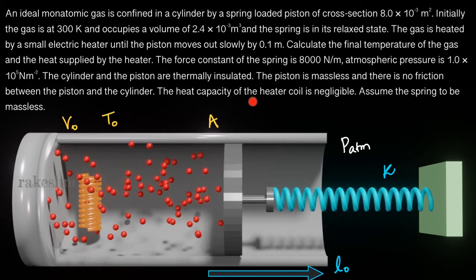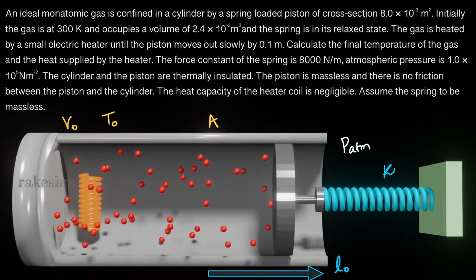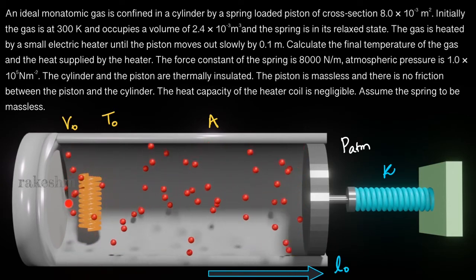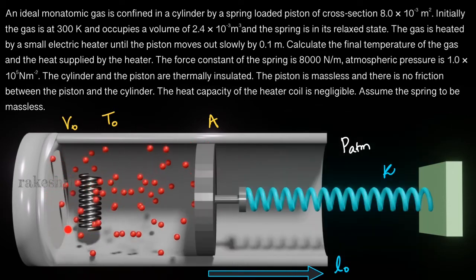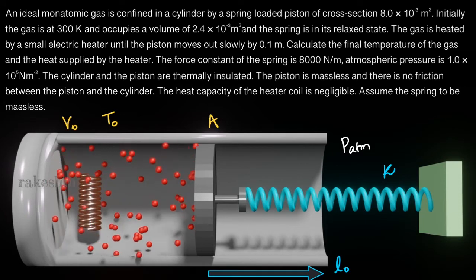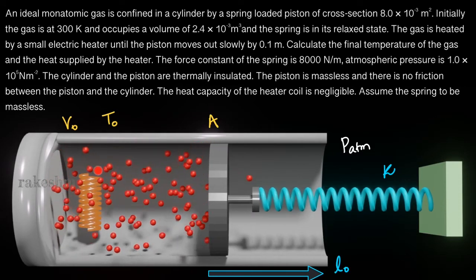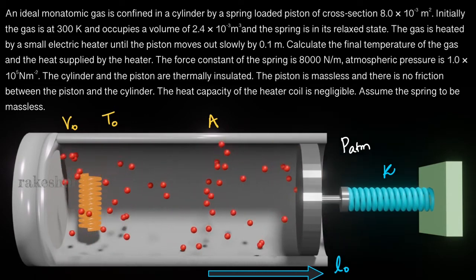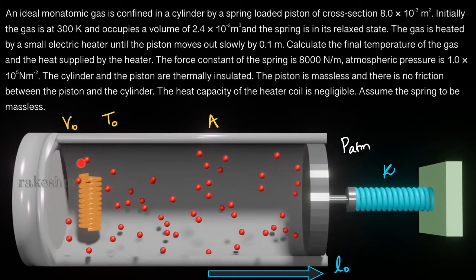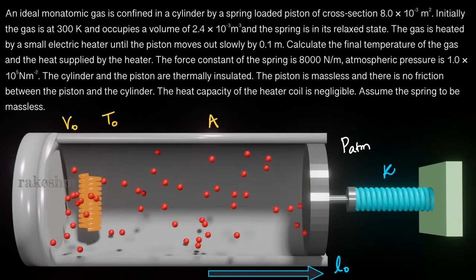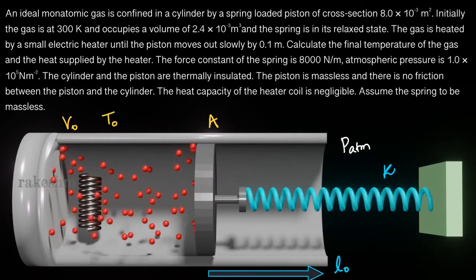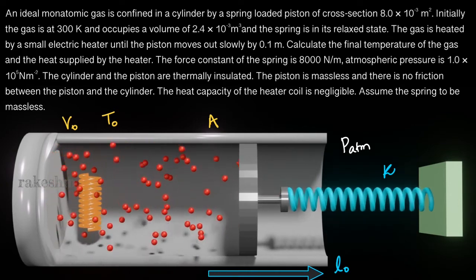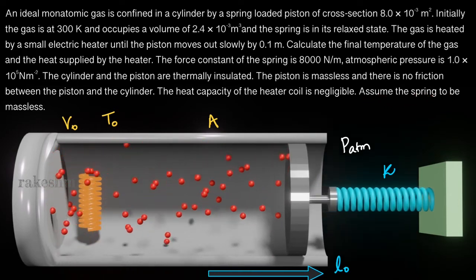What he means by this is, he's asking one question here, right? Heat supplied by the heater. So when heat is supplied by this heater, you're seeing that it is getting red hot. There will be some energy taken by the heater while increasing the temperature of itself, right? So what he means here is all the heat which is given by the heater is taken up by the gas and there is no heat taken up by the heater. Okay. Next, assume the spring to be massless.